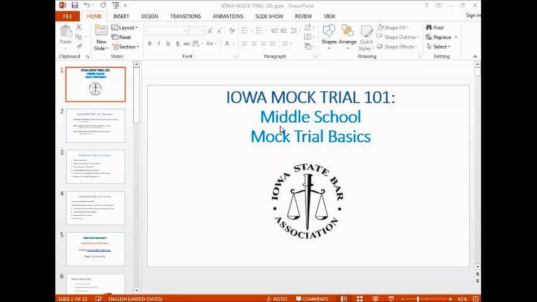It's one thing to watch it, it's another to do it. So if you can get your kids together with another team and scrimmage before the tournament, they're going to be a lot less stressed out at tournament time.